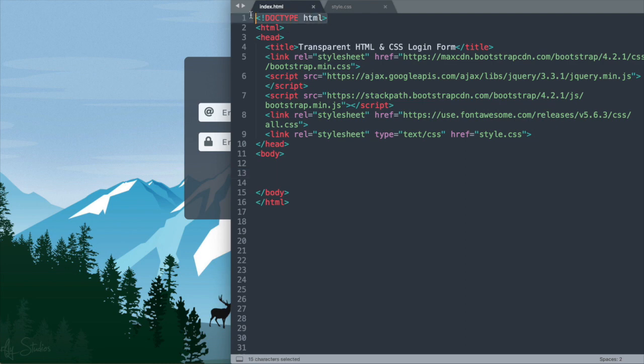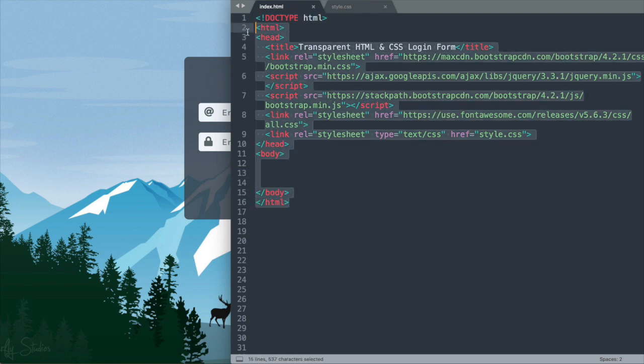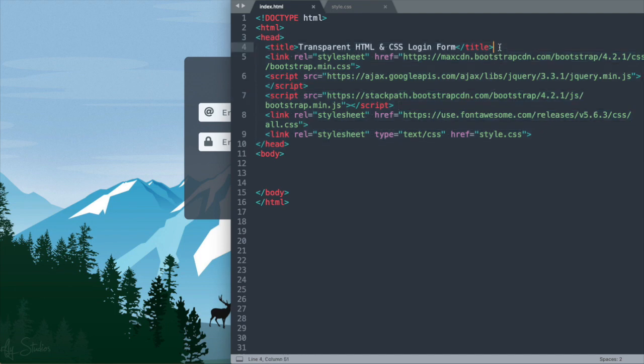So at the top we have our doc type HTML, then we of course have the HTML tag spanning the whole document, and inside of that we have the head section at the top where we tell the web browser how we want the website to display, starting with the title of the website, and then we have a link underneath that to the latest version of Bootstrap CSS as of the making of this video. Then we have the latest version of jQuery, which is needed to operate Bootstrap, and then we have bootstrap.min.js, followed by a link to Font Awesome, which will allow us to display these icons right here inside of the form,